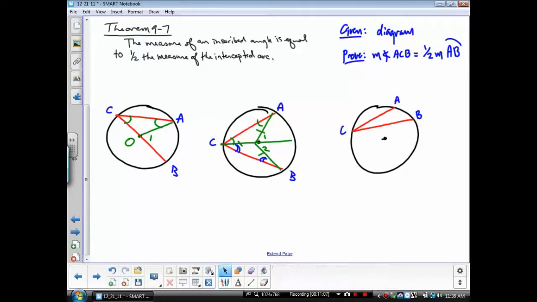On this third diagram, it is the hardest to picture because we have to actually subtract angles to think about it. If I draw the diameter from C through O, then my two triangles are O to A, and we're going to talk about, well, let me draw my other triangle first, also from O to B. We're going to talk about then,